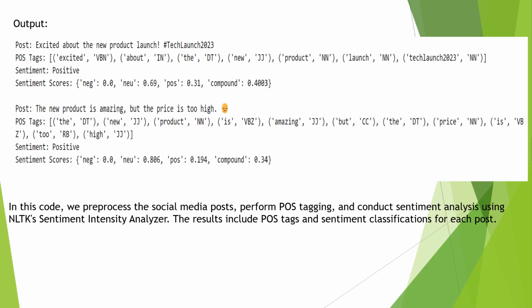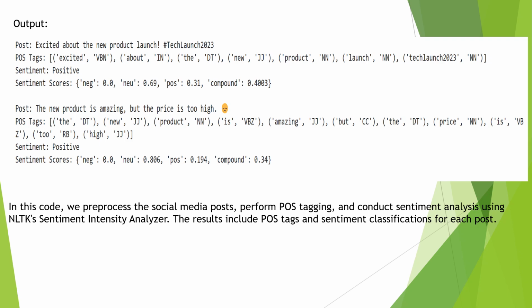So the post was excited about the new product launch, hashtag tech launch 2023. So the POS tags could be excited, which is VBN, about, is IN, and so on. So the sentiment here is positive. So the sentiment scores will be like negative is 0, neutral is 0.69, positive is 0.31, and the compound will